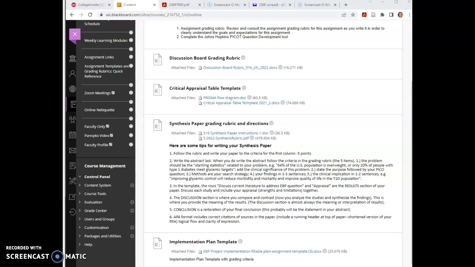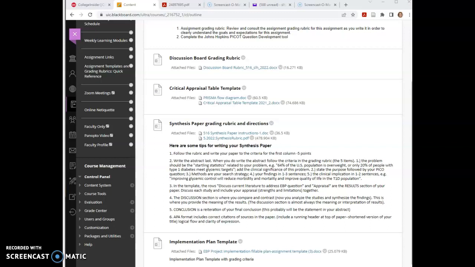Hello, today we're going to talk about your synthesis paper. You're going to find information about your synthesis paper under Assignment Templates and Grading Rubrics, a quick reference. You'll see here that there is a link to synthesis paper instructions and the synthesis rubric. These are two important documents that you're going to want to review and closely read before you begin writing your